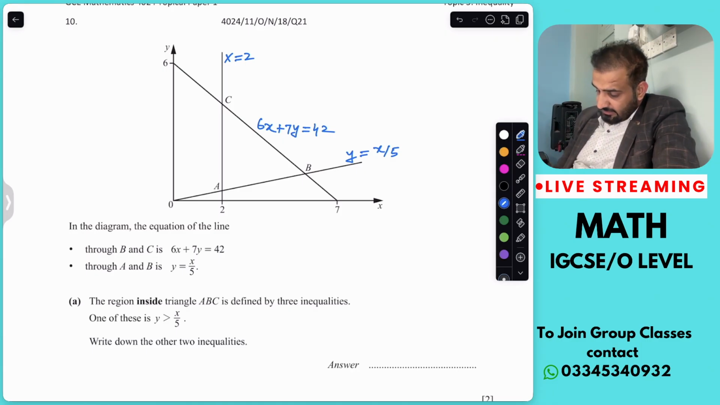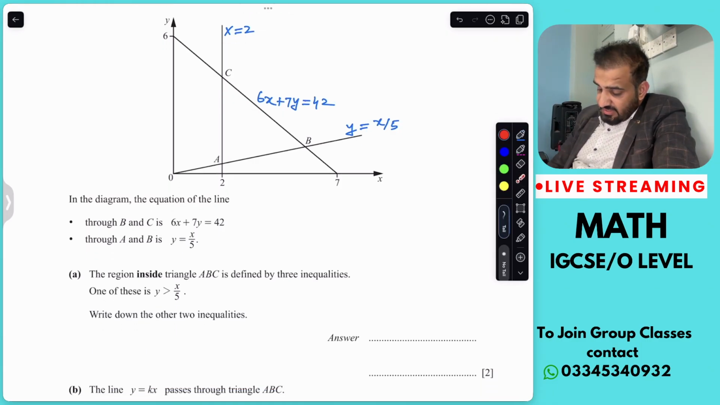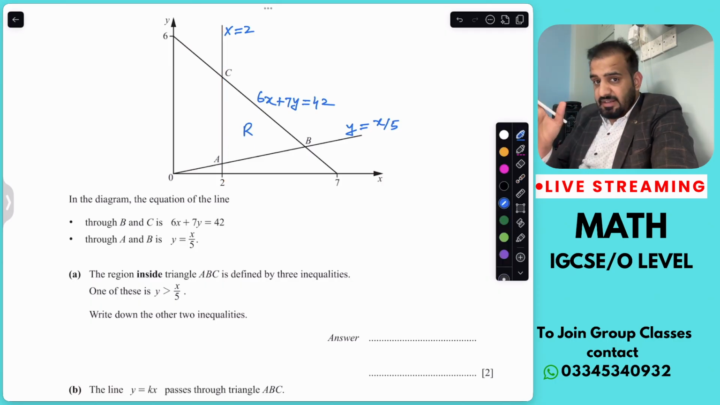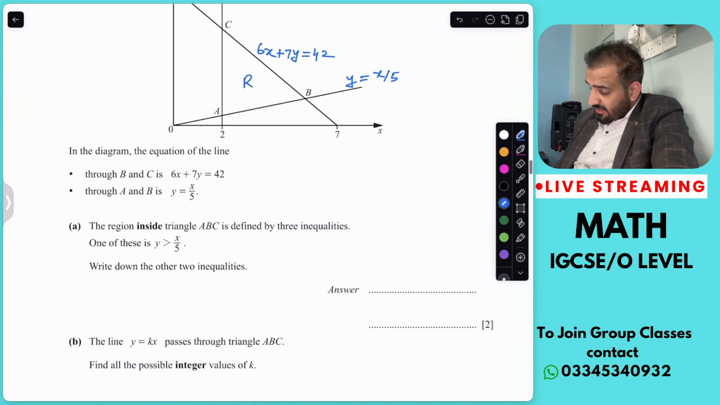Next, the question is the region inside triangle ABC is defined by the three inequalities. Write down the inequalities. So this is your line x equals 2. Region R is on the right side of this line. So I will write x is greater than 2. Not greater than or equal to. Why? Because this time you have